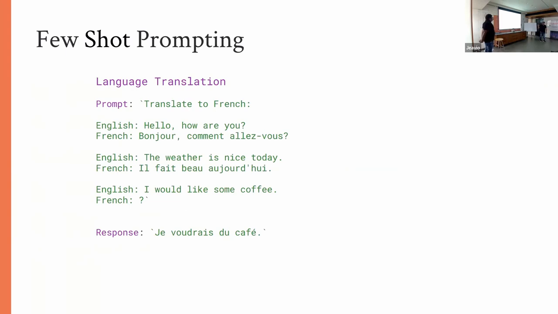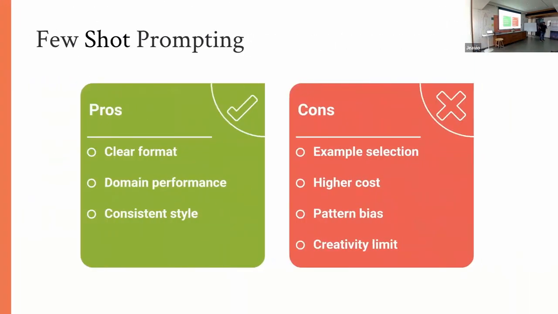Another example could be translating to French. These are very simple examples that we have covered so that we can understand it better. We want to convert English to French. We have a clear instruction to translate to French, we have a few examples, and the output we want. So this is called few shot prompting. The pros of it are that the output indicators are very detailed, as we have provided the output in the prompt itself, so that we can get consistent performance. Also, the format is clear as we have provided a few examples. We can also do dynamic few shot.